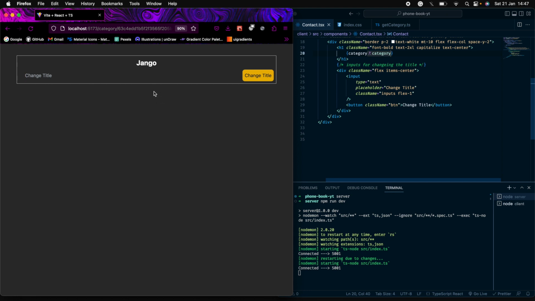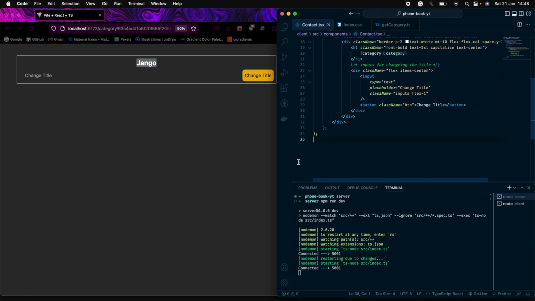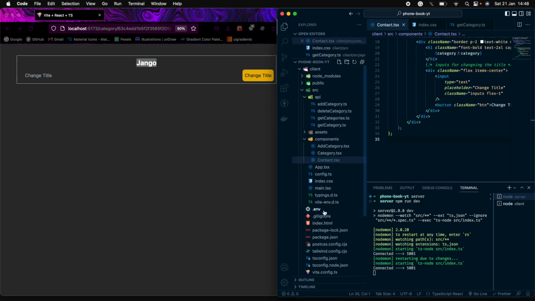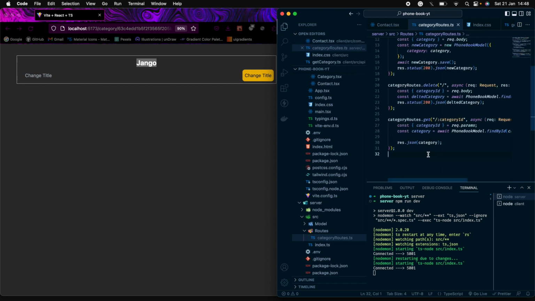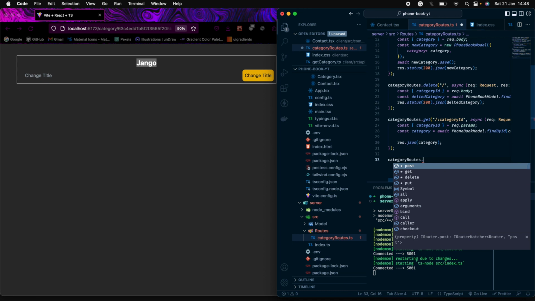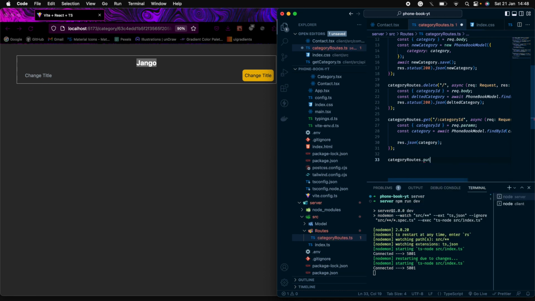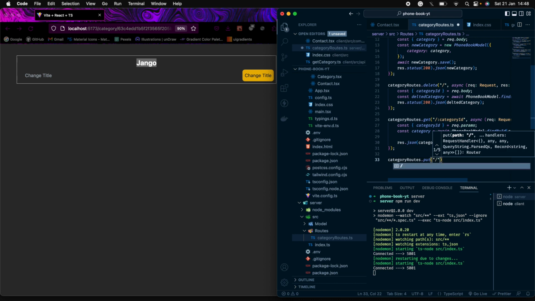Now let's create an endpoint for updating the heading. So let's go back to category routes. Now let's create an endpoint for updating it. So in category routes, since we are making an update, we'll have to use put. So put, we'll call it, okay, params of category ID,